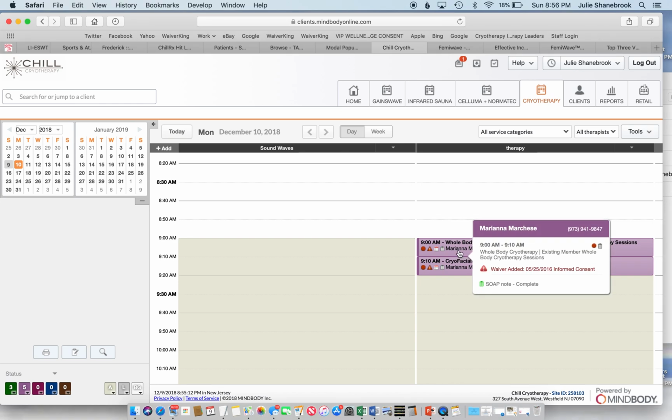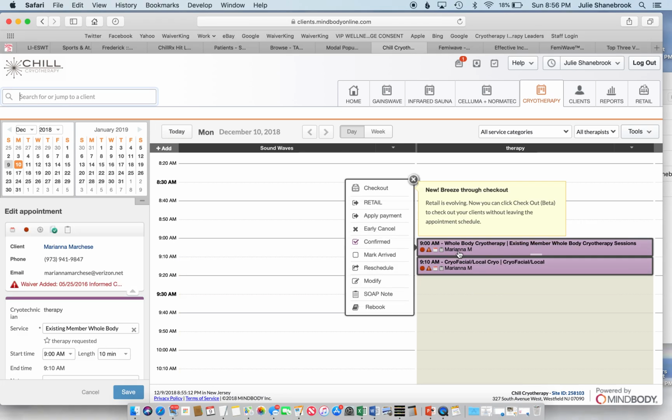happens to be an existing client. But you'll be taking contact logs for new clients, just kind of giving us an idea what their objectives are, how their experience went the first time, do they have any health conditions they're working on, what are their objectives, all really important stuff. So you would click on the appointment and then come over here to open up the